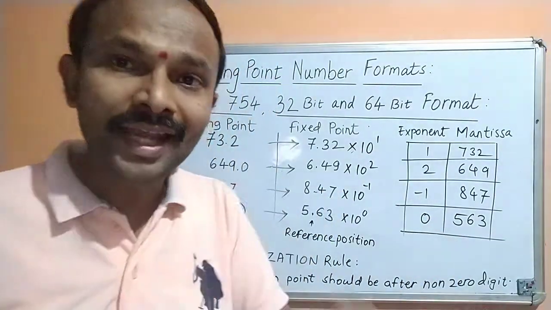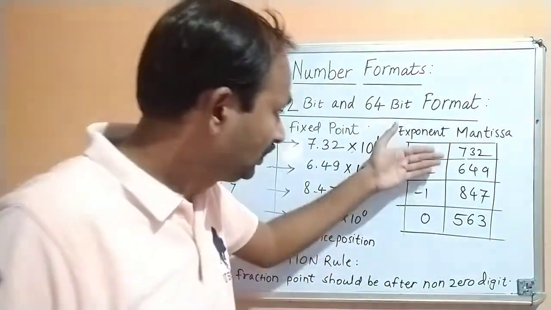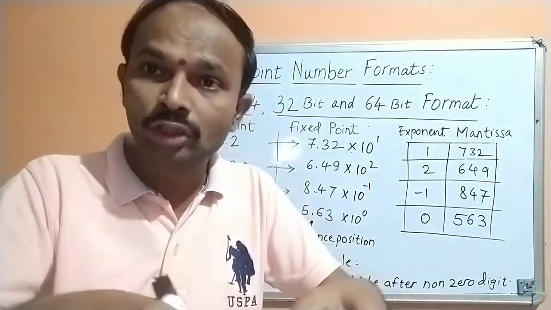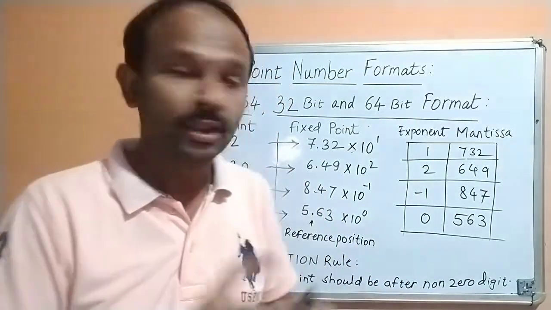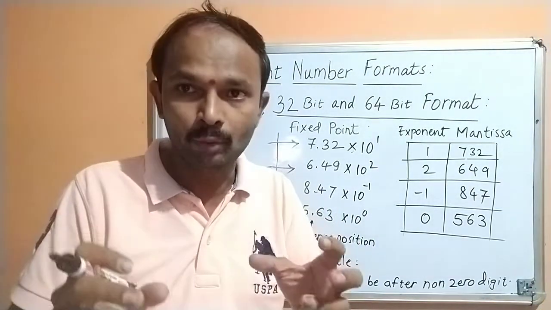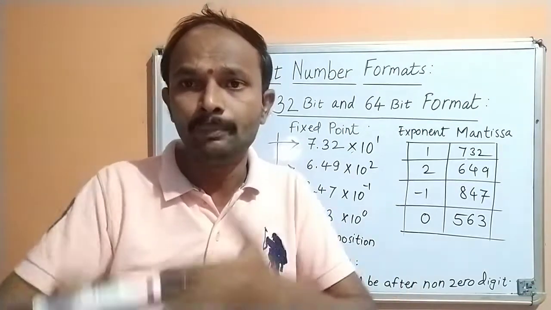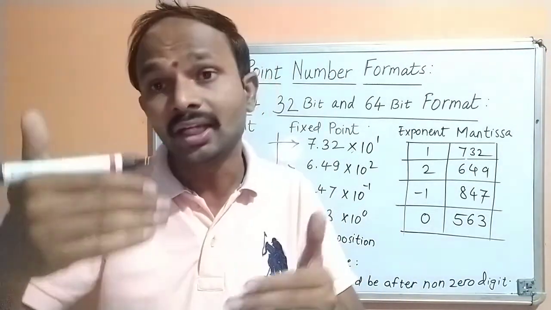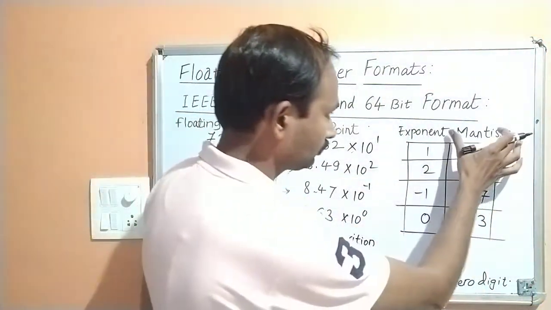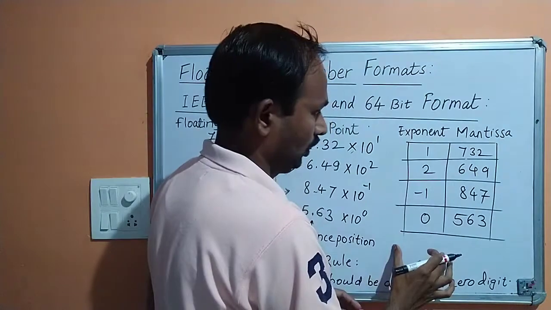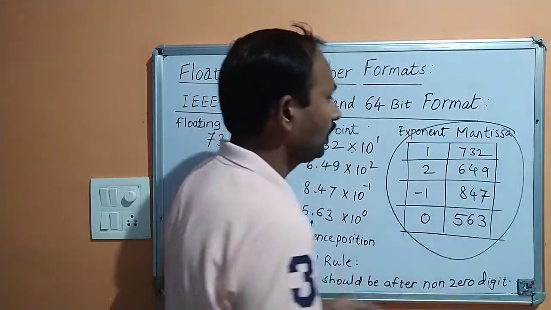So the computer will only have such kind of register sets. The computer will only have these types of numbers inside it, because the computer cannot store the fractional point, right? Understand this. As the computer cannot store the fractional point, it has to store the numbers in some proper format in which the computer can access and understand it. So this is the representation in the form of mantissa and exponent. So the computer will only have this much of the values.